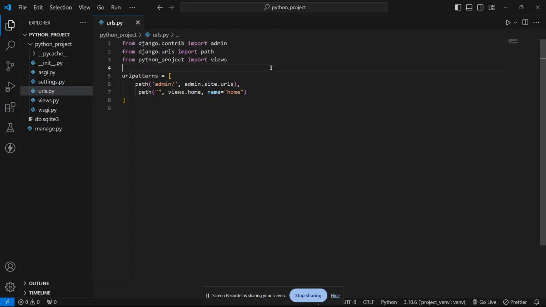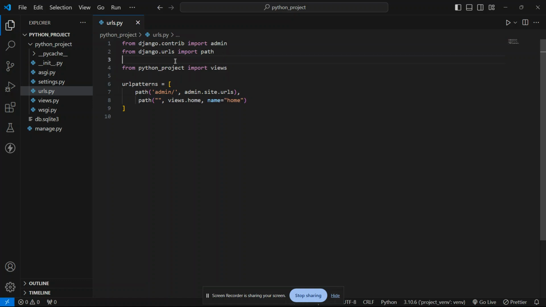Here we have another Python file called urls.py. Here we simply attach that views.py. In this, you can see the first one and two lines are there by default. Django gives these to our project by default.